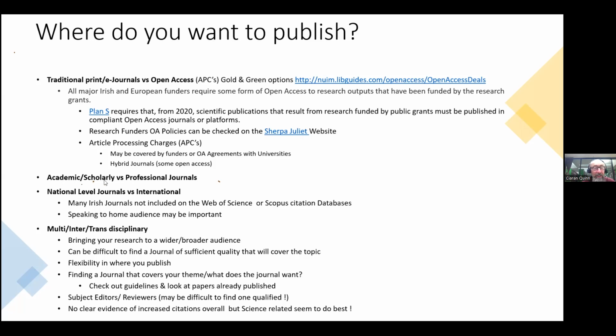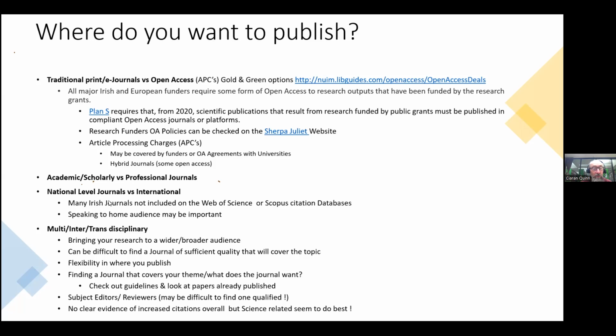Then choices around academic, scholarly versus professional journals. And again, that's going to depend on who your readership is, what audience you want to target. And you'd balance that up then with how important getting into the high impact journals is, as opposed to reaching out there to maybe professionals in your field, future postgrads, that kind of thing. Maybe it could be technical journals, journals of learned societies. There might be different avenues you might want to go into as well.